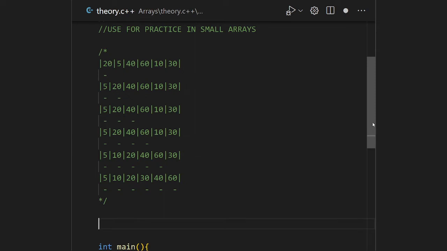Afterwards it compares the first two elements, that is 5 and 20. 20 is greater and 5 is less, so they remain in their original position. Then come to 40. When 40 is compared with 20, 20 is less and 5 is also less, so again they are in their original position. When it compares 60, in the next iterative call,